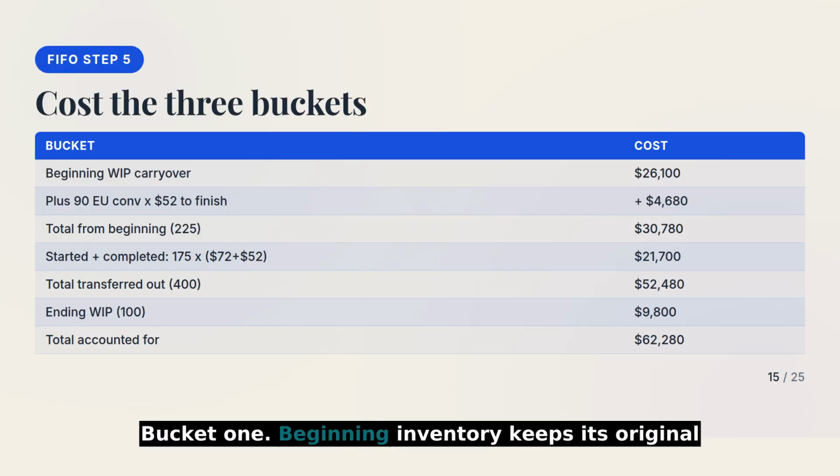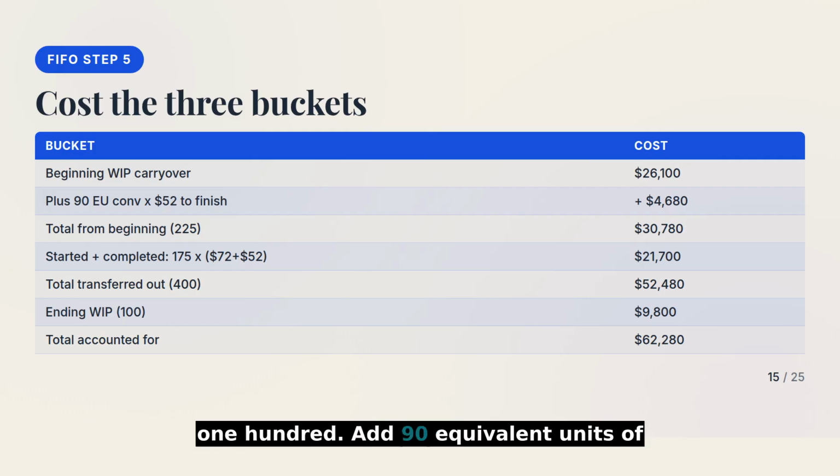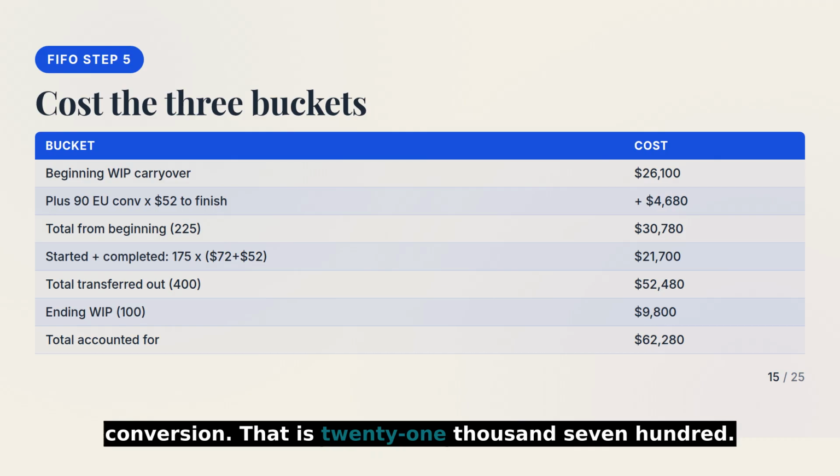Bucket 1. Beginning inventory keeps its original 26,100. Add 90 equivalent units of conversion at $52 to finish it. 4,680 more. Total cost of those 225 units, 30,780. Bucket 2. The 175 started and completed take 175 times 72 of materials plus 175 times 52 of conversion. That is 21,700. Total transferred out,